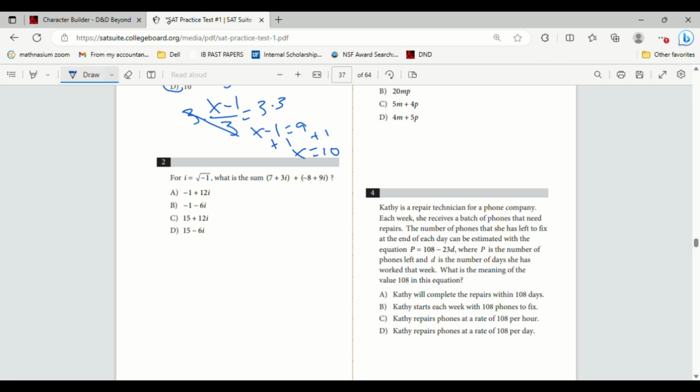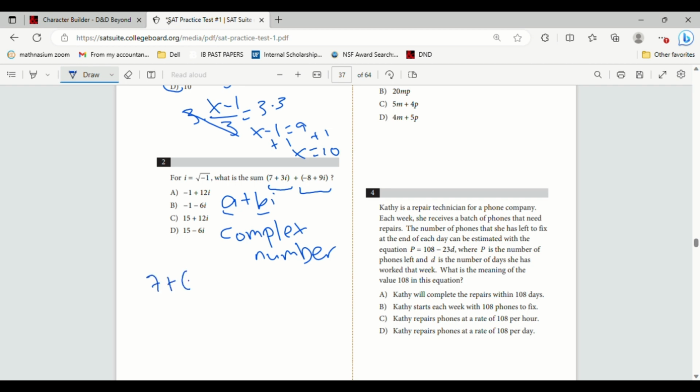Number 2, for i equals the square root of negative 1, what is the sum of 7 plus 3i plus negative 8 plus 9i? So whenever you see a number in this form, a plus bi, this is what's called a complex number. It has a real component, the a, and a non-real component, the b, or the bi. And so, since we're adding together these two complex numbers, you can think of it as adding like terms. So you add the 7 and the negative 8,